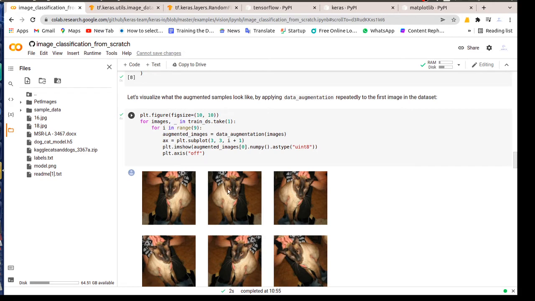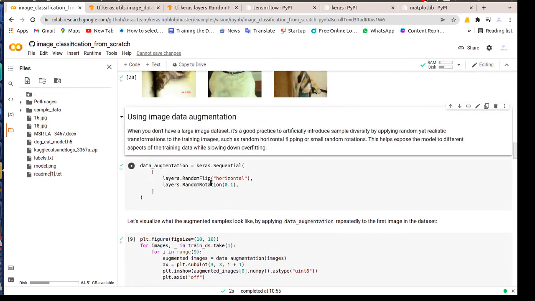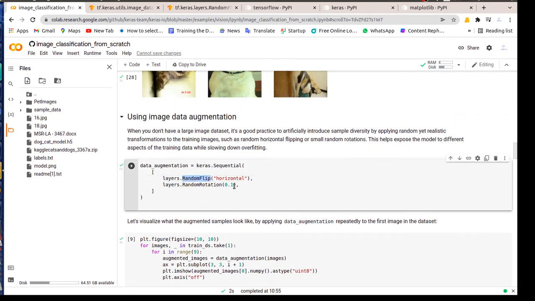Augmentation is nothing but changing the angle, flipping the image, stretching the image. There are many ways to do that. In our case, we are using only two things: random flip, flipping the image, and rotation of about 10 degrees, that is 0.1.